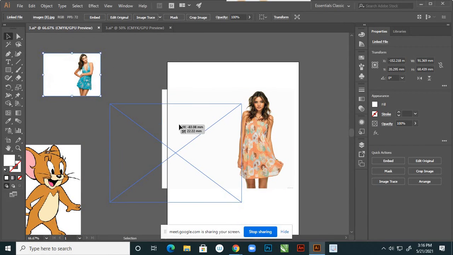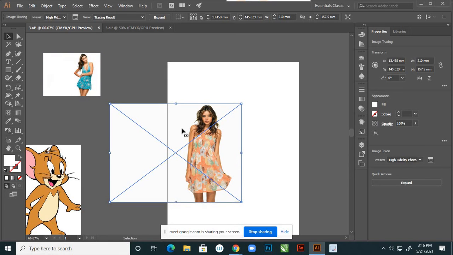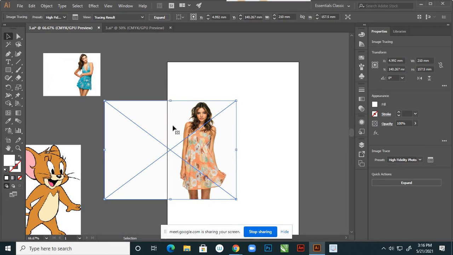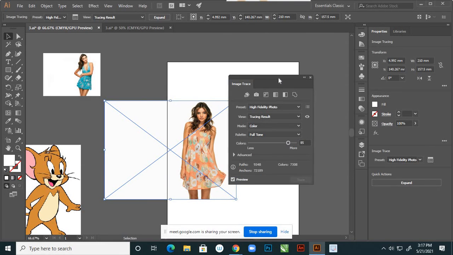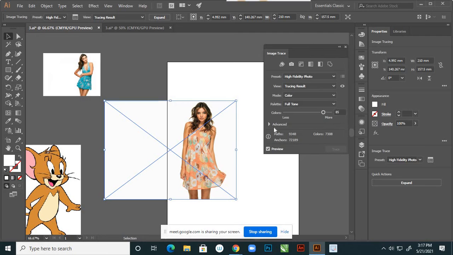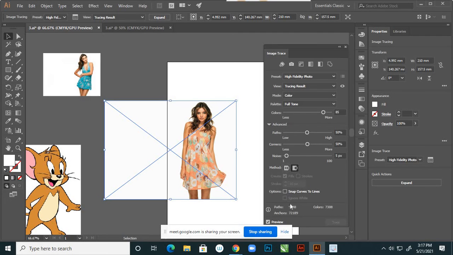Yes, come here. Suppose this is a background, so we have to remove that background. So how to remove that? Here we have options also. From Window there is Image Trace. Find Image Trace, just click on that. The options are there, so click here on Advanced. In there, check this method and Ignore White.